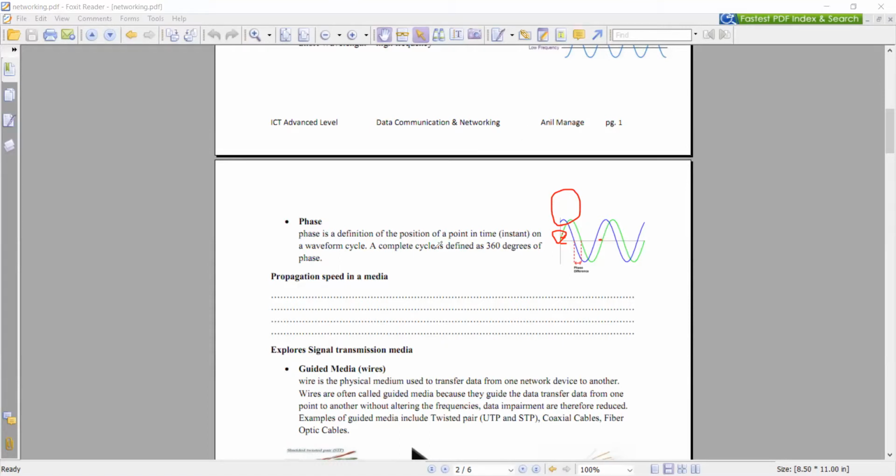That is called phase. So those are the properties of the signal, right? Then there's something called propagation speed in media. Propagation speed. Under that, write down